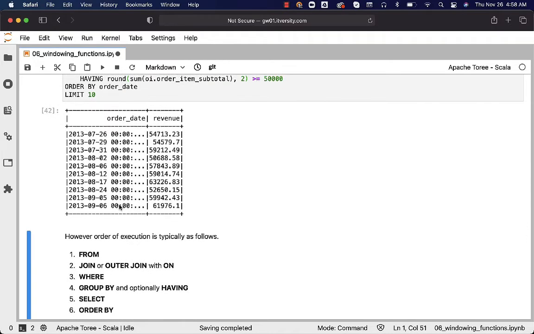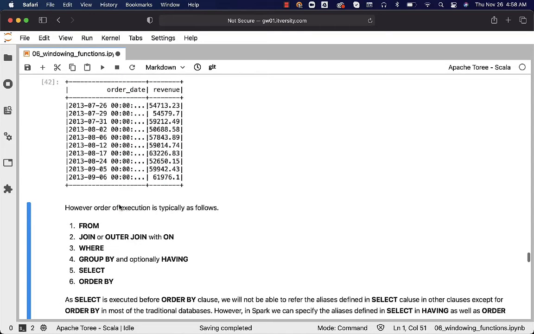Now, with respect to order of execution, it is different from the order in which we have written the query. It will start executing using from clause. If you are joining multiple tables and also filtering the data using where condition, depending upon the query engine and the query itself, these two can execute in any order. It is not guaranteed that join will be executed first, then where. In many cases, where will be executed first and then join. It all depends upon the query engine using which the queries will be executed, and also the query itself.